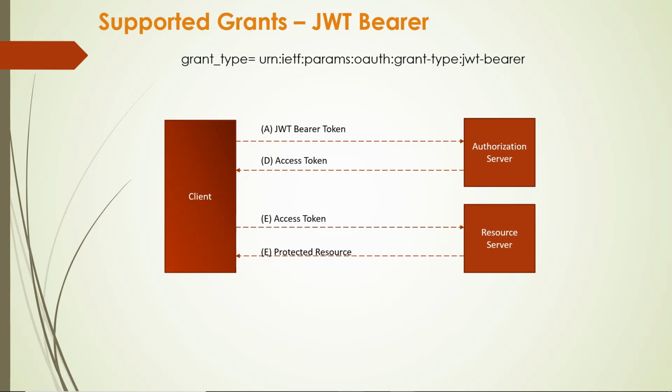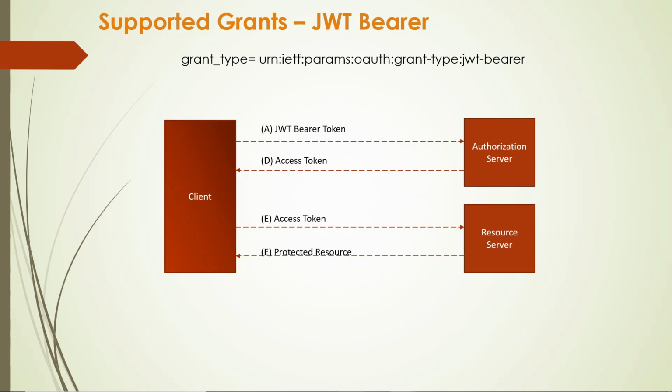For example, there is a scenario where we will not be able to get an online resource owner authorization, then this JWT bearer token can be used. For example, if we need to upload an image from one server to another server, or download some images from another server, we can use this JWT bearer token.